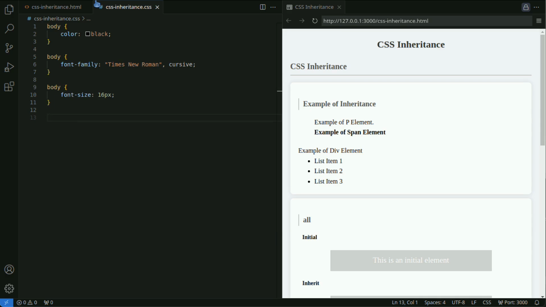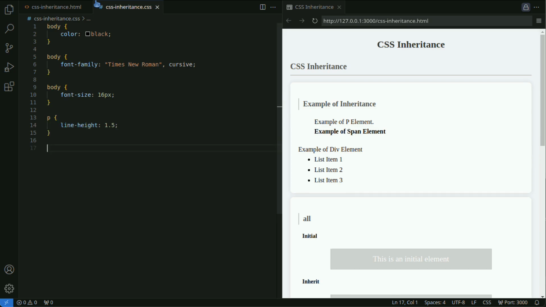All text within the body will be 16px by default. Text within a p element will be displayed with 1.5 times line height, affecting its child elements as well. Text and inline elements within a div element are displayed centered.